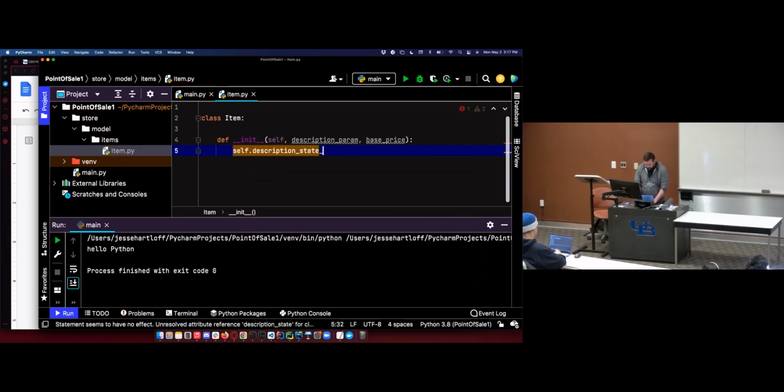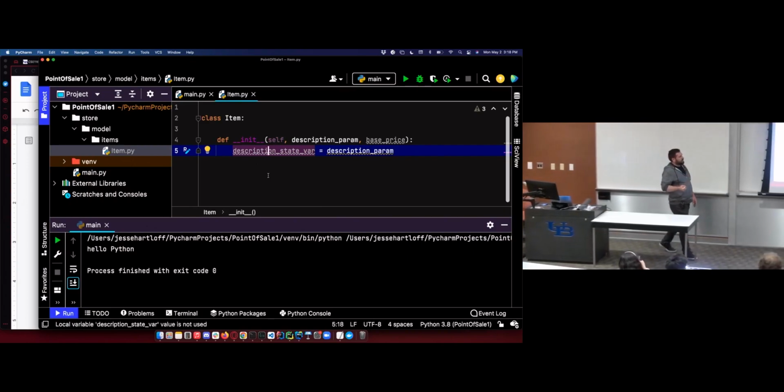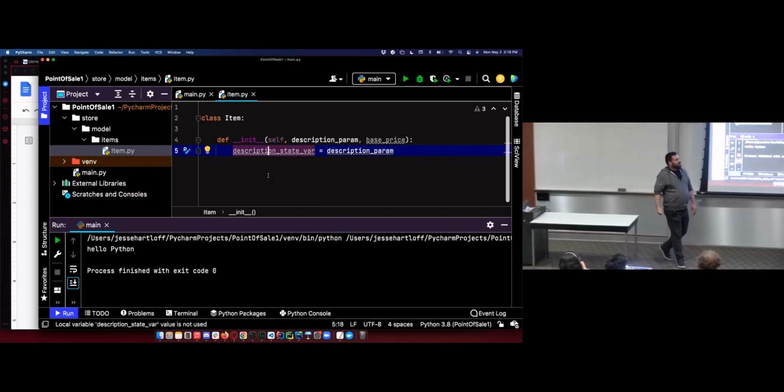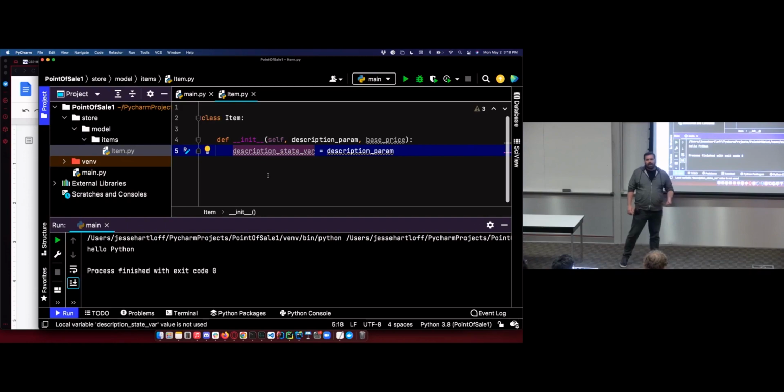self.description_state_var, I'll name it that to be clear, is going to equal that description. So I'm going to do self dot, which is required in Python. If I do this, description_state_var equals description_param, well, this is how we declare variables in Python. We don't use var or val or const or let. We don't use any of those in Python.